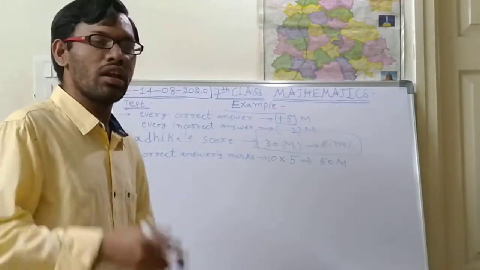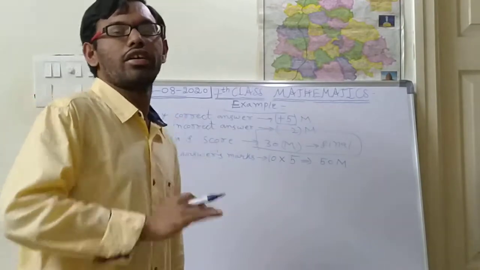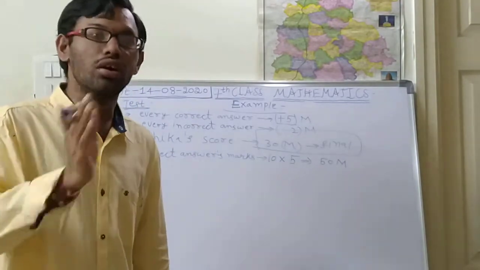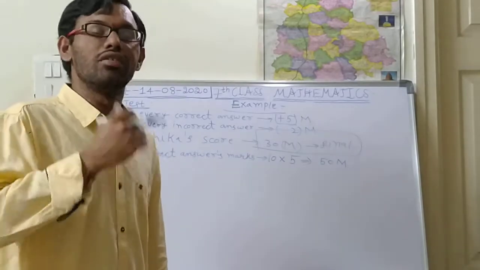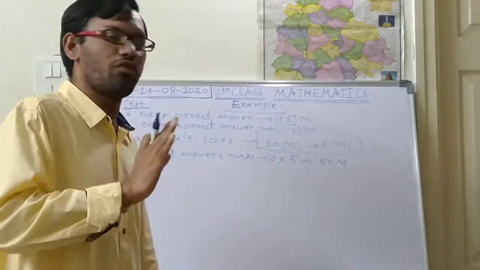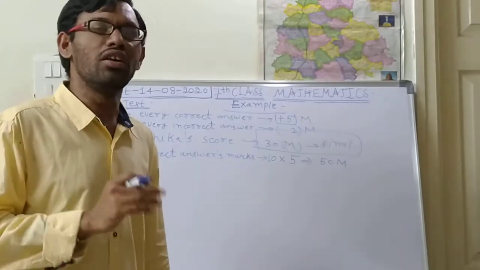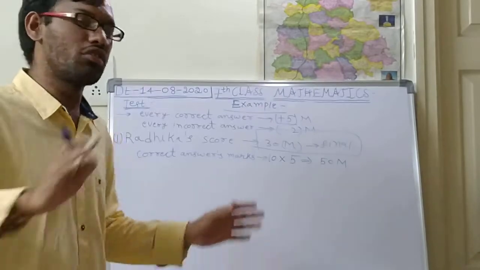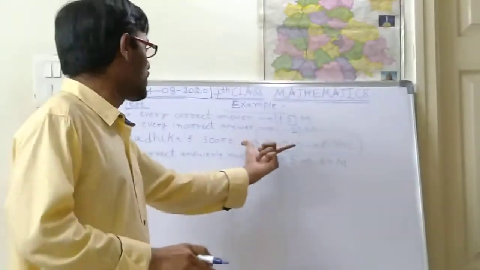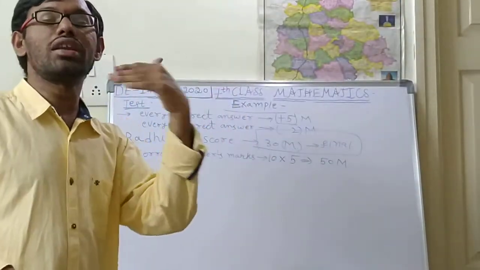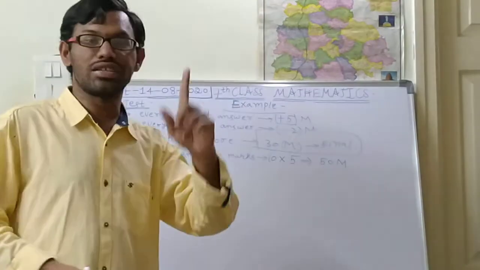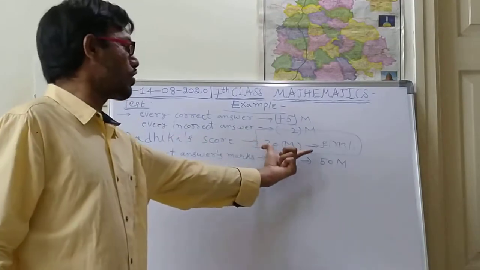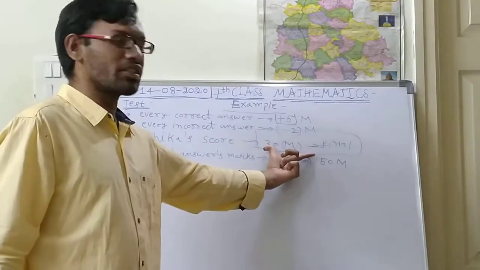Generally, if you say I got 30 marks in mathematics, 70 marks in Telugu, 50 marks in Hindi, 45 marks in English, then finally, how many marks you got, you will add all those and say. So the final answer will be the largest number. You should consider Radhika's final score as the largest number.